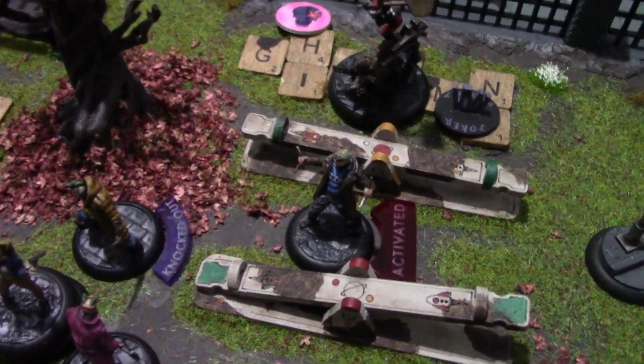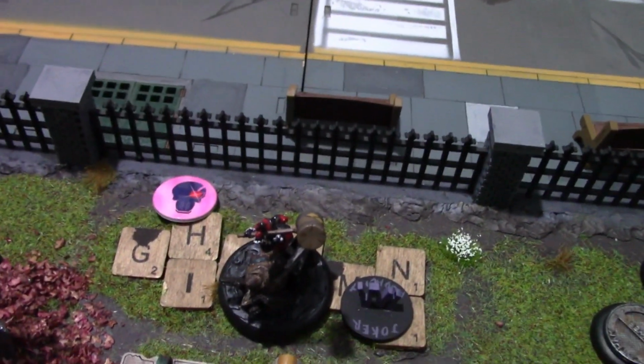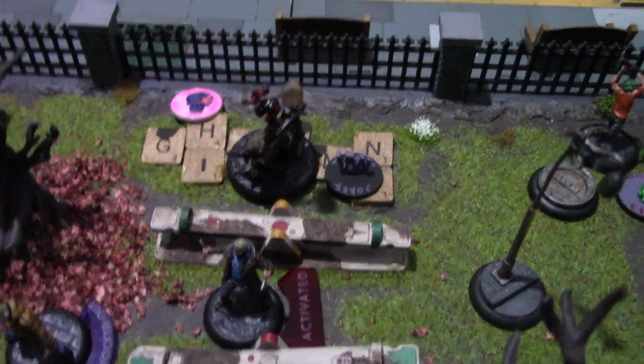Digger Harkness laying down on the ground as he was, and very, very vulnerable to anyone with a mallet or a chainsaw, decided he'd go first. He stood up, he had Audacity, so he finished his move off by hopping over the seesaws here, and then he threw one of his remaining boomerangs at Joker. I think that actually...